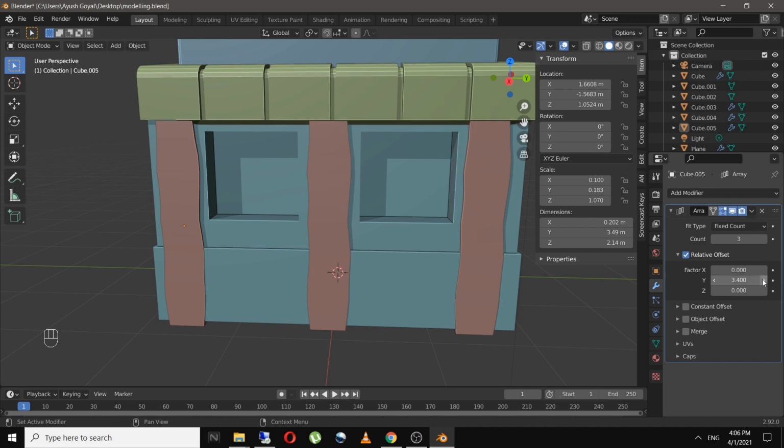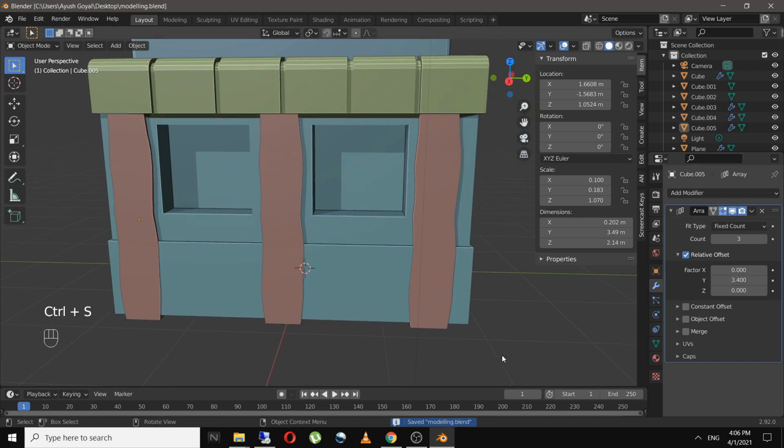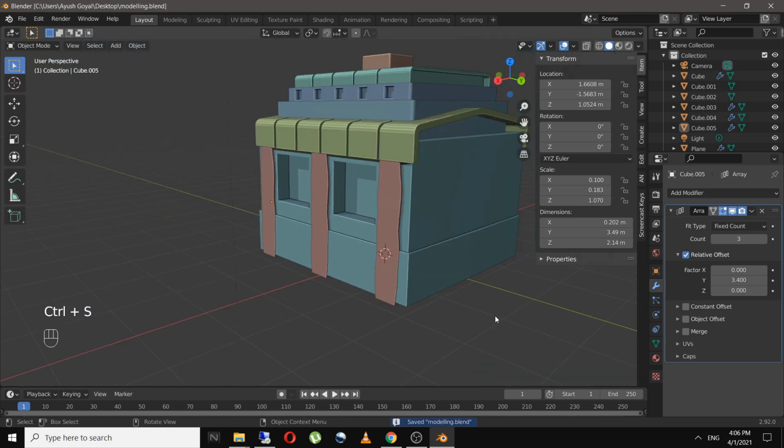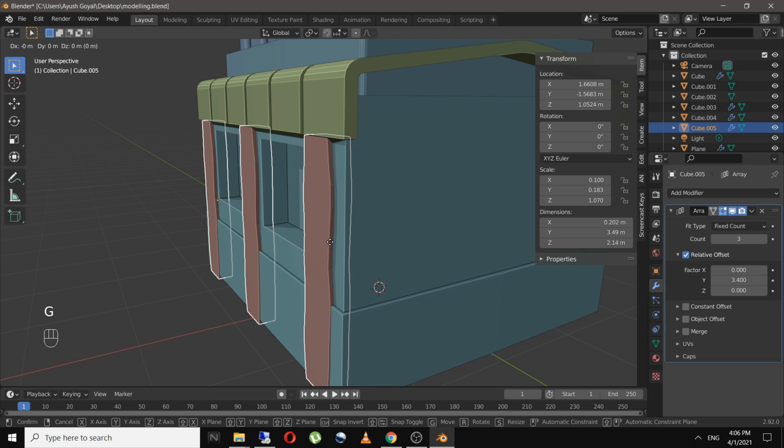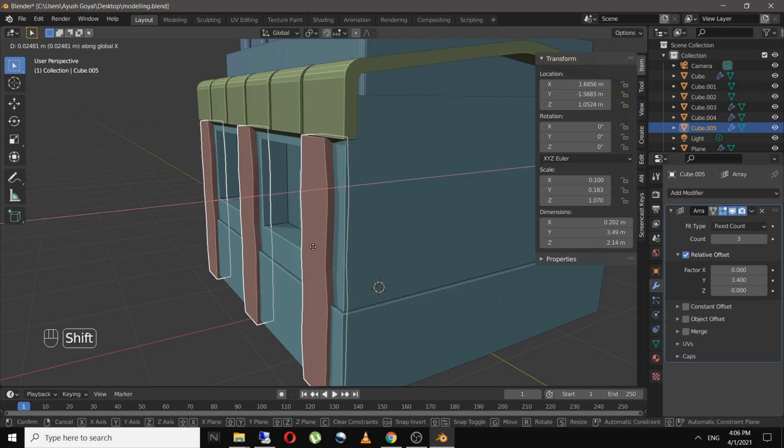Just like this. Now I will copy this by clicking on Shift D and place it on the other side of the building as well.